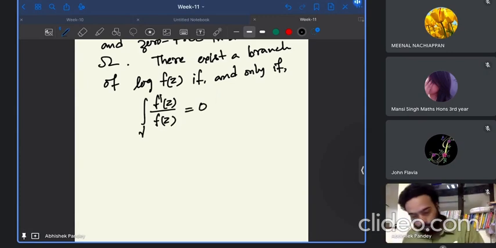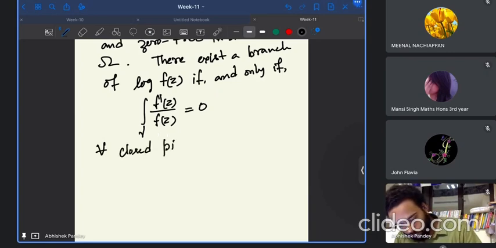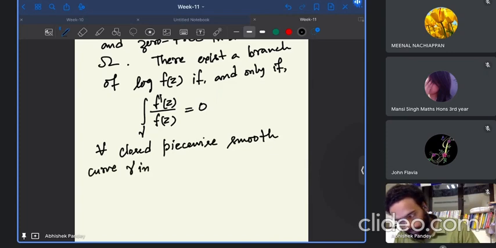So this is for every closed piecewise smooth curve gamma in omega. Okay,